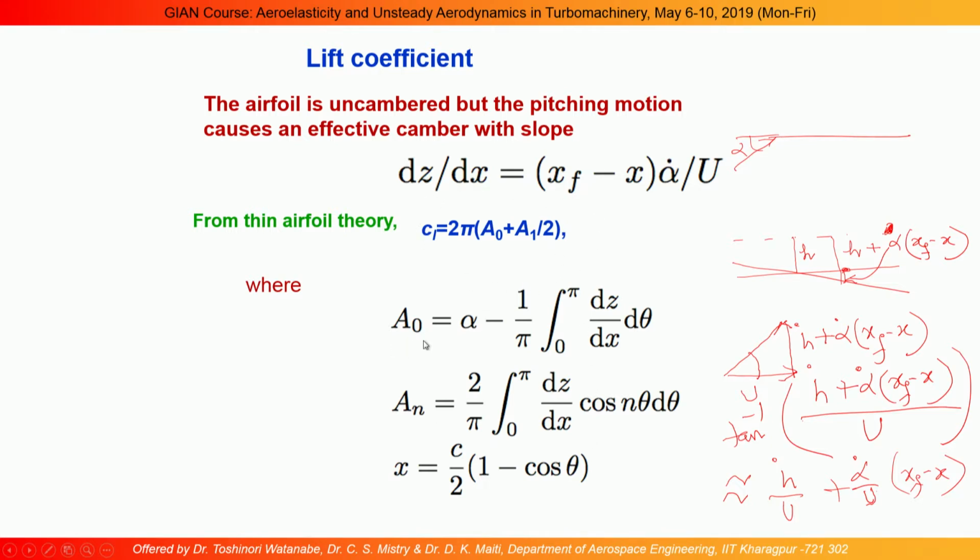and the A naught can be expressed as alpha minus 1 by pi, integral 0 to pi, dz by dx d theta. Similarly, A n can be calculated as 2 by pi. I am not going into details of the unsteady aerodynamic calculation. If you open some unsteady aerodynamic book, there you can get all these details, how they have calculated, and then this relationship. So, now if I go to the next